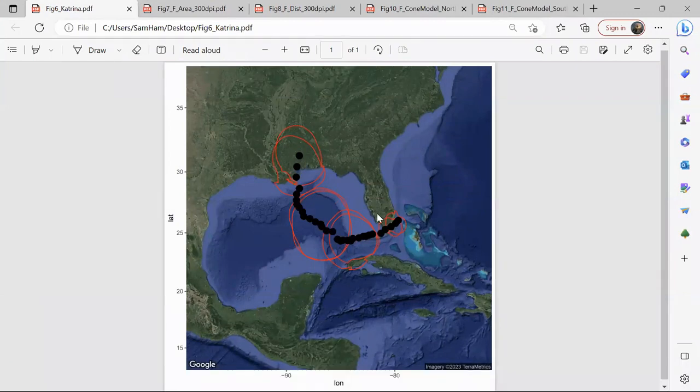So each pair of polygons, there's a pair right here and another pair right there, they represent one day. So the pair in Florida here is where the hurricane was on Friday, August 26th, 2005. And this is Saturday, and this pair is Sunday. And this last pair here is where the hurricane was on Monday, August 29th, 2005. The black dots you see here represent the eye of the hurricane over those 4 days. So let's go ahead and move on to the next step,